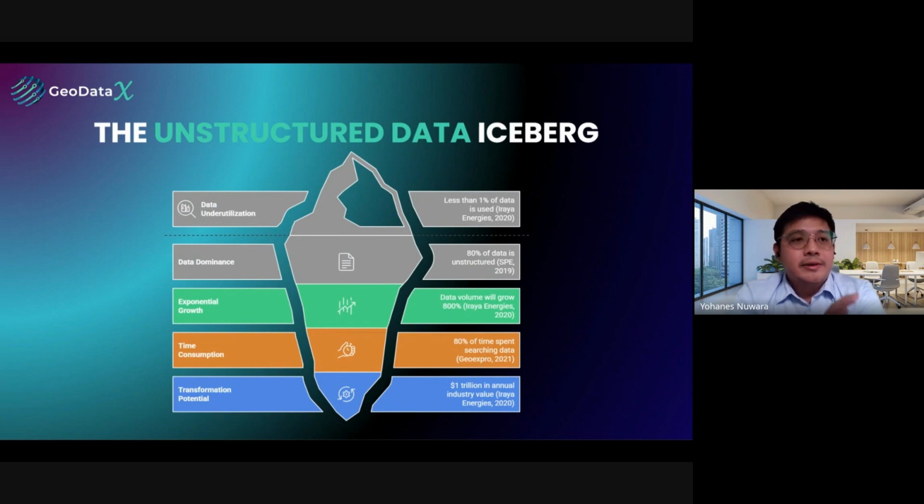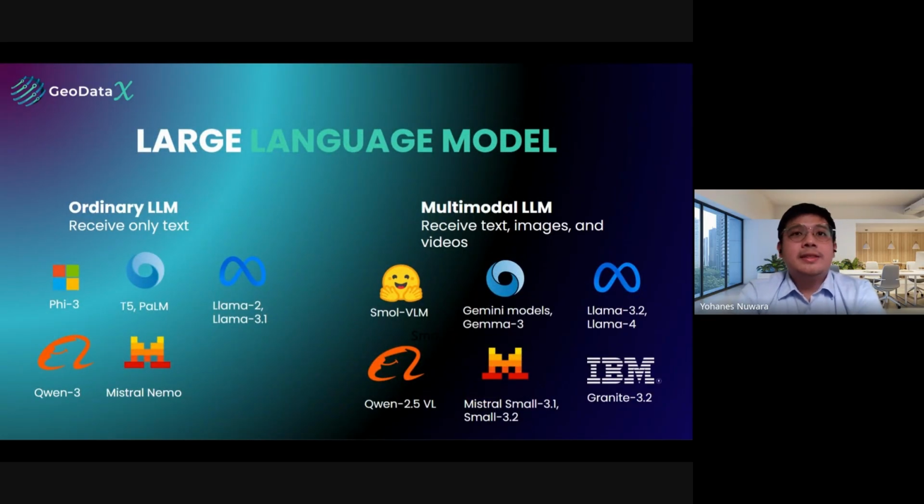And there is currently no available or appropriate solution on how to handle this data appropriately, right? So we just deal with the reports. We read these reports. That's how we work in oil and gas. But right now, we know that there are lots of updates in AI. So large language model, if you are talking about large language model,